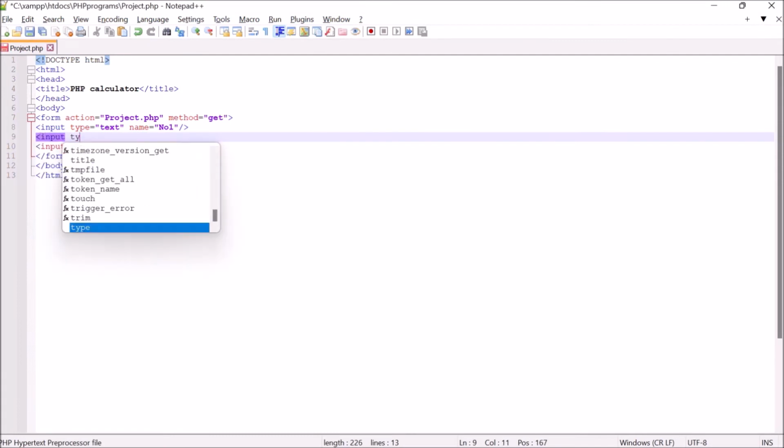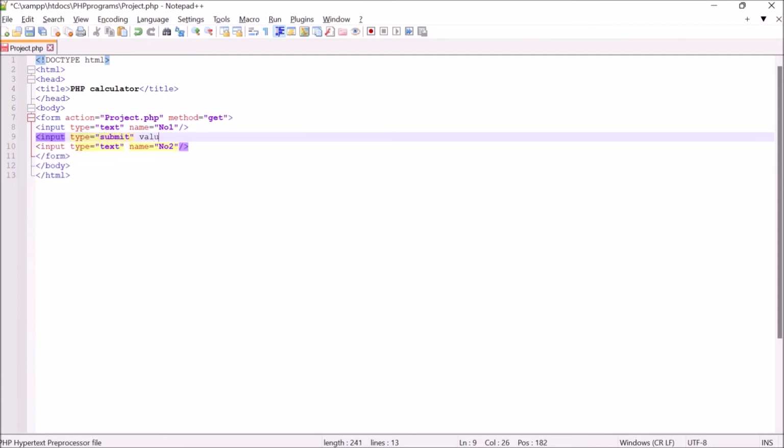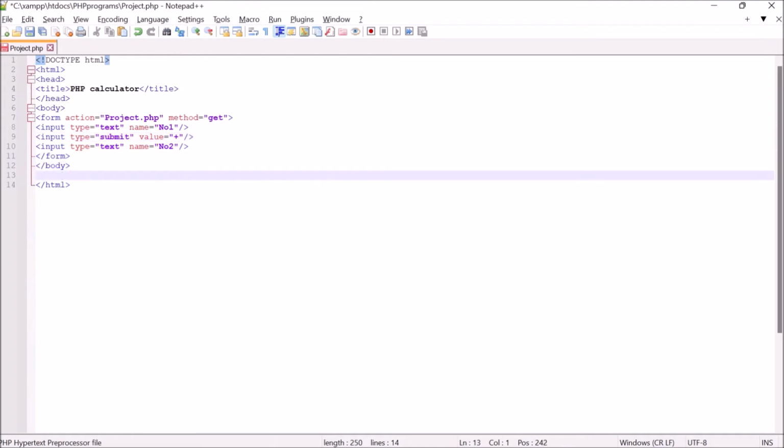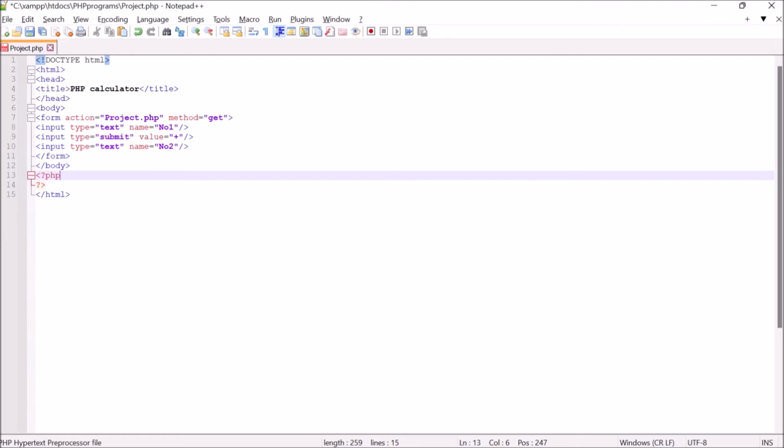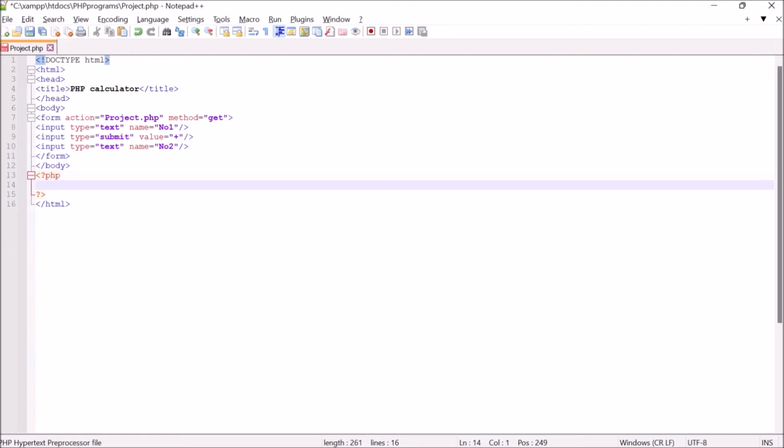Then type in input type equals "submit" and value equals plus symbol. Now go down and set up the PHP tags, type in echo $_GET['number1'] + $_GET['number2']; The GET function is a variable which is used to collect form data after submitting an HTML